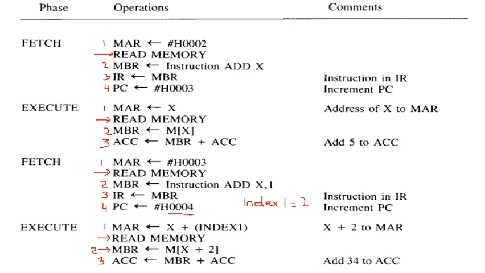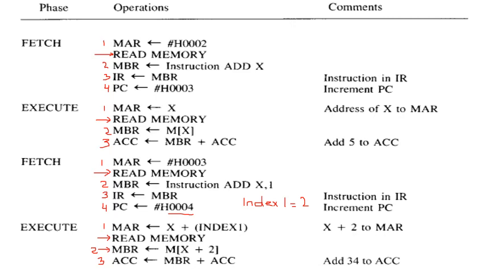The next instruction is add x1. So the instruction fetch process, again, will be the same. The memory address register will be loaded with the value 0003, that was the value of PC. Memory read operation will be performed and the instruction from memory location 0003, that is add x1, will be transferred to the MBR. So in step number 2, the instruction from memory will be transferred to MBR.